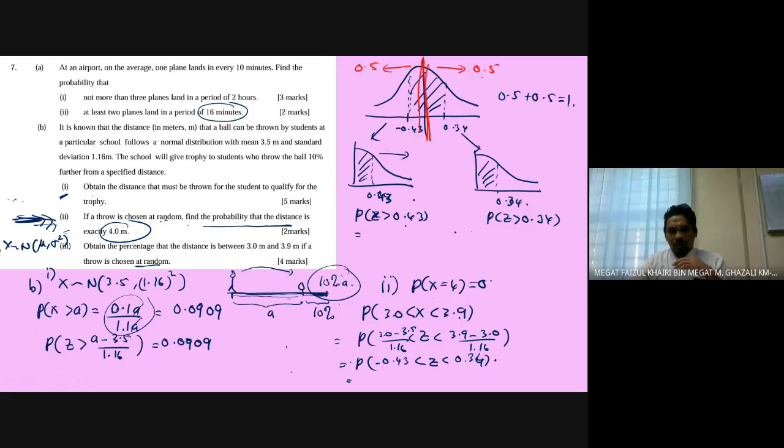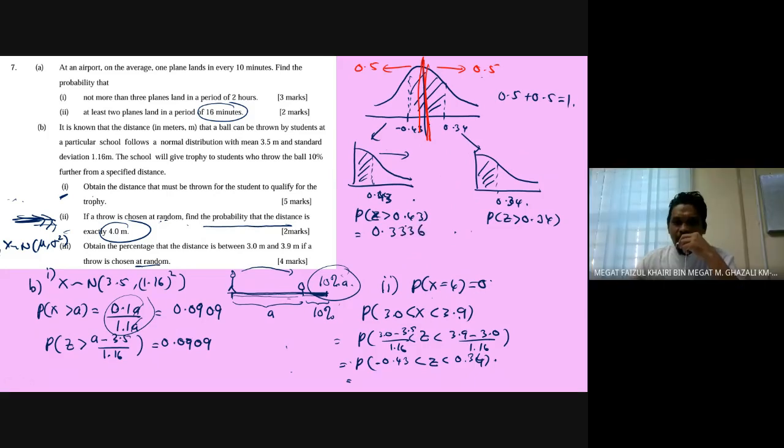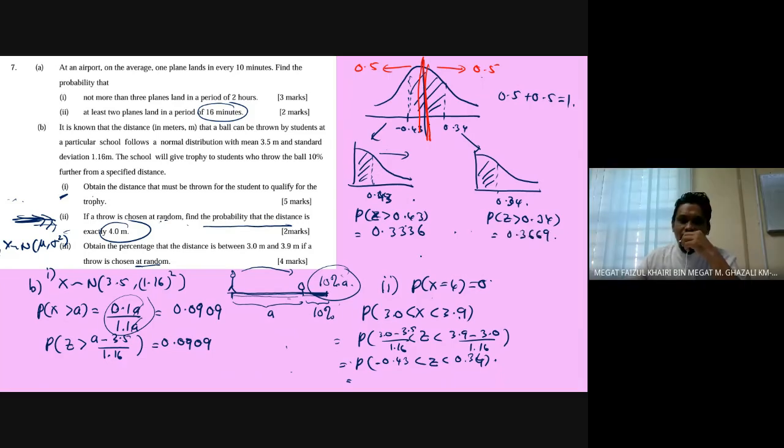Give me the probability of Z greater than 0.43. Z greater than 0.43 is 0.3336. Okay, Z greater than 0.34 is 0.3669. Okay, so now